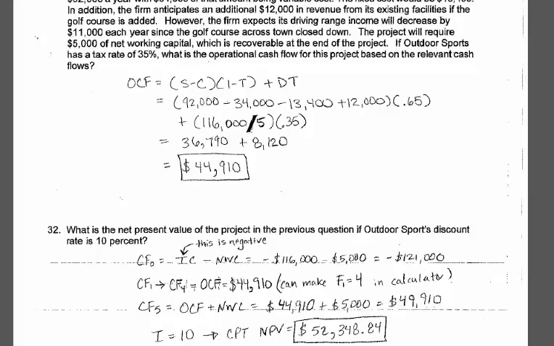Then cash flow 1 through cash flow 4 are all going to be just your operating cash flow, 44,910. Okay, cash flow 5 is going to have that operating cash flow as well, but you get that net working capital back, so it's slightly different. It's going to be 49,910. So you put in all those cash flows. With cash flow 1 through cash flow 4 in your calculator, you could make frequency 1 equal to 4, and then cash flow 5 would actually be cash flow 2, right? Or you can just do each one